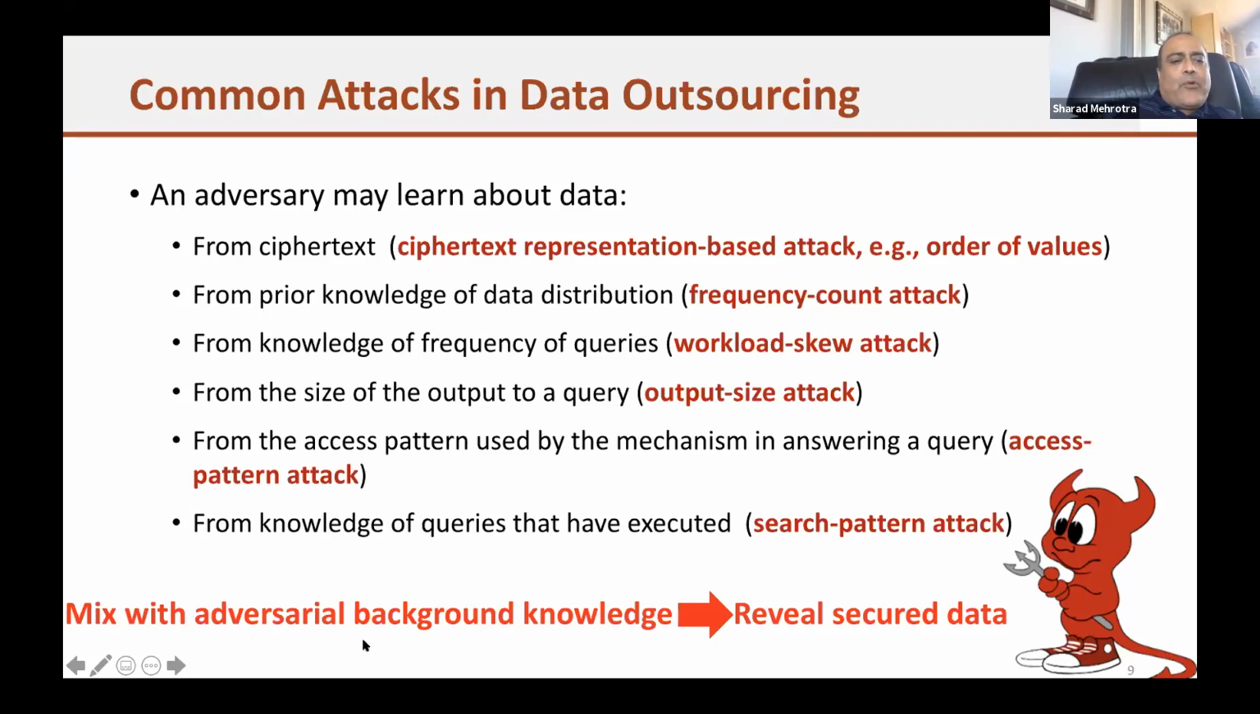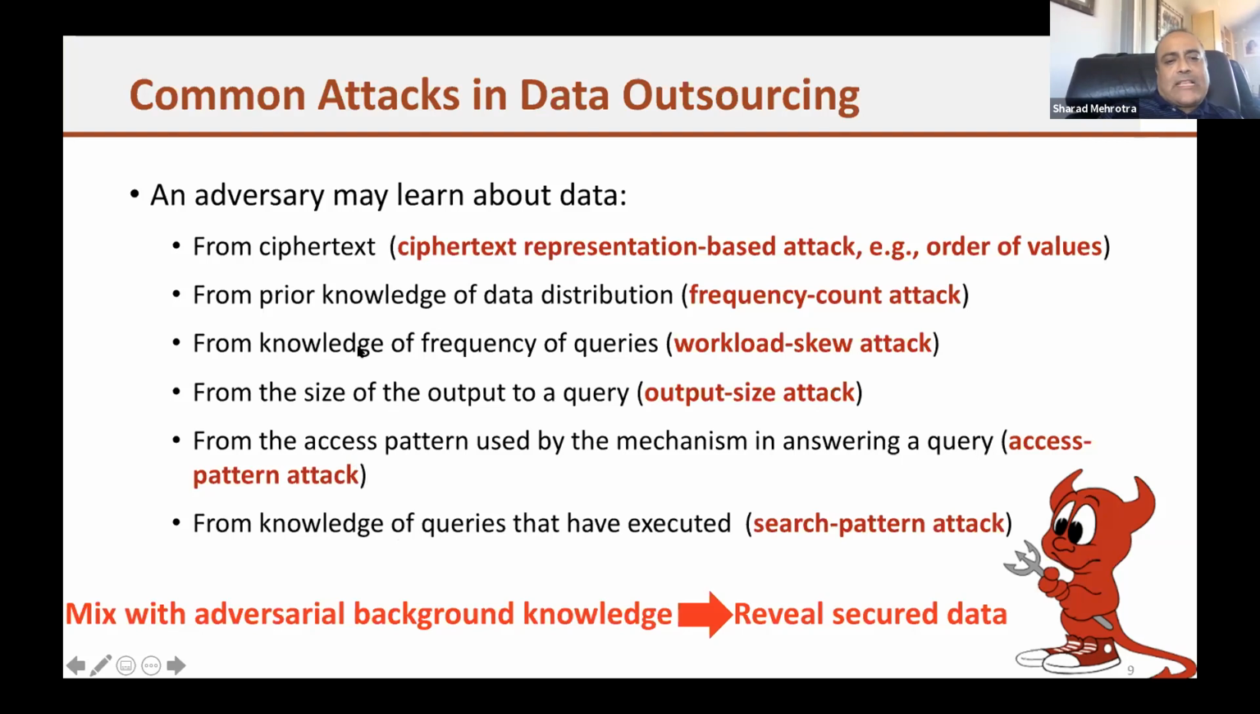All right. So basically the point being that given these attacks, along with adversarial background knowledge, it can reveal essentially secure data. The problem is, as I said, there's going to be no silver bullet. So we'll end up having to reveal something or the other. The question is,